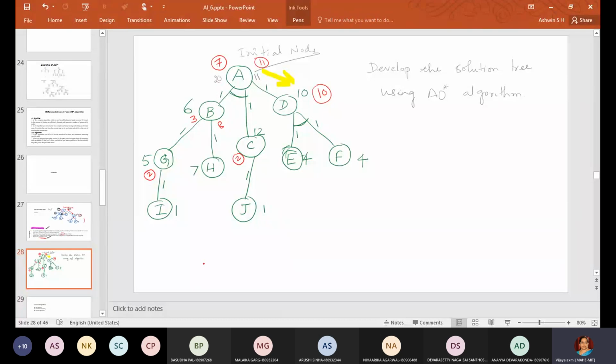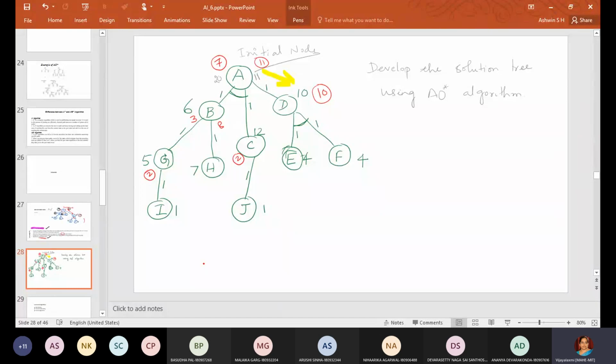Now, before I proceed to the next slide, some of you may have some doubts. You may be thinking, we have studied many algorithms, starting from uninformed search. Under that, we have studied DFS, BFS. Under informed, we have studied many search algorithms. So, what may be the best approach? Which one do we have to select when we have a particular problem? Whenever you have such doubts, because even I got this doubt.